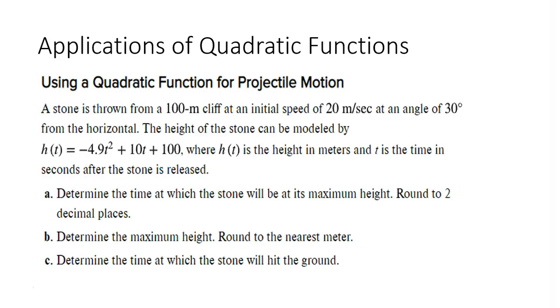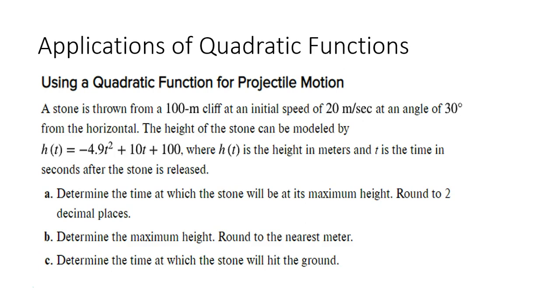So here we have a stone is thrown from a 100-meter cliff at an initial speed of 20 meters per second at an angle of 30 degrees from the horizontal. The height of the stone can be modeled by h of t is equal to negative 4.9 t squared plus 10t plus 100, where h of t is the height in meters and t is the time in seconds after